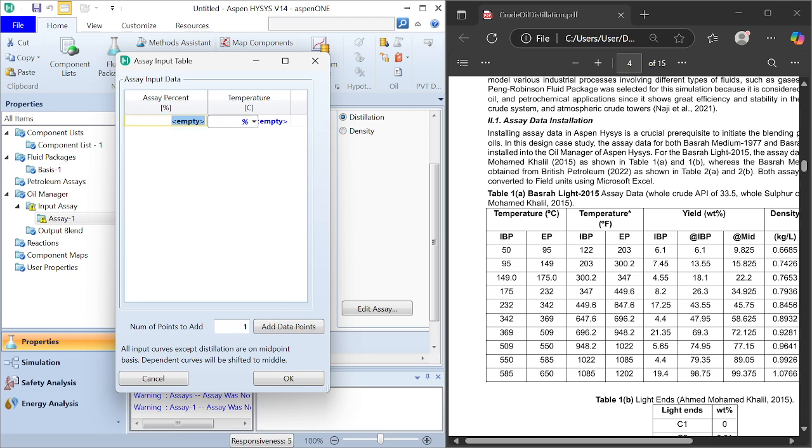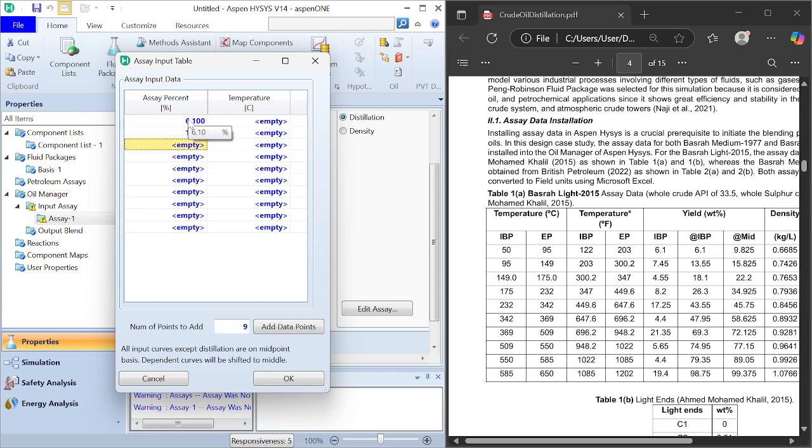Okay, another thing, we need to add the other points. So we have 1 2 3 4 5 6 7 8 9 10. So we're going to make this 9 because we already have one added initially. So now I can start 6.1, 13.55, 18.1,